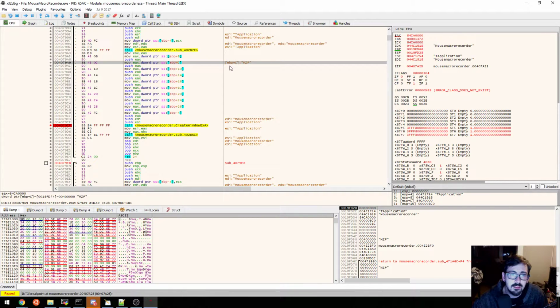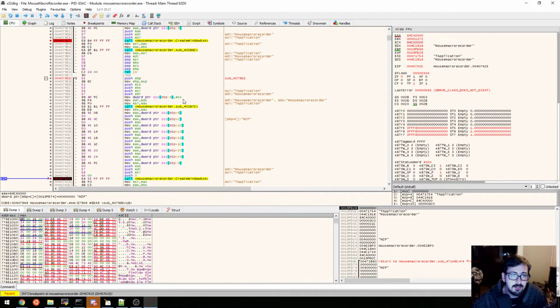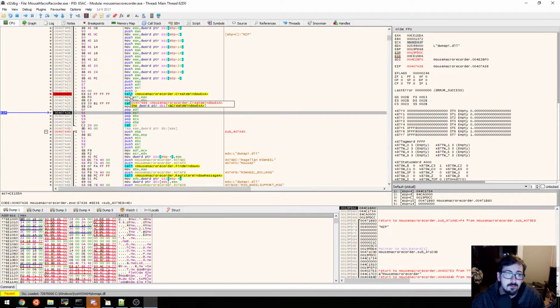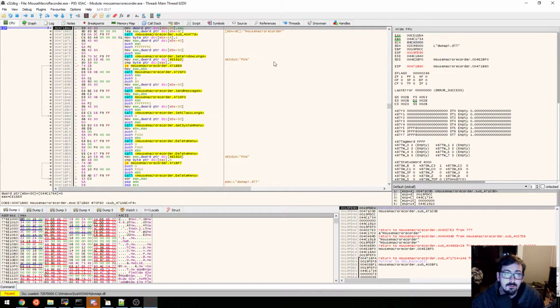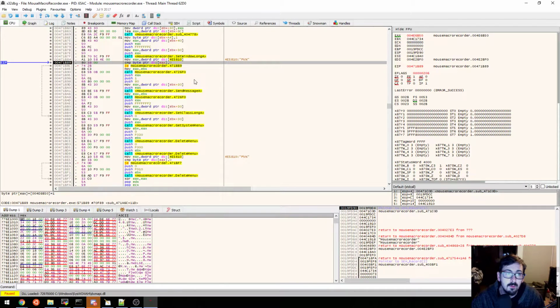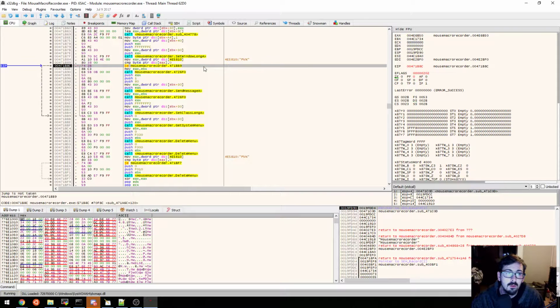MZP. That's like the beginning of an exe header. Okay, F8. Jump if equal, it would go to here. Yeah, what the hell? Let's take that jump.